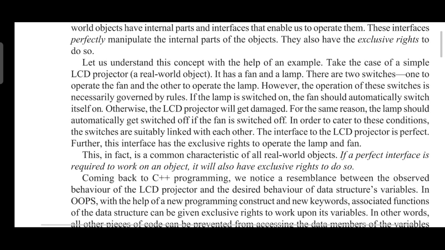Whenever the lamp is on, the fan should be on. Whenever the fan is off, the lamp should be turned off. That is the effect of one object on the other, or one internal part on the other internal part. And this is common in most real world objects.